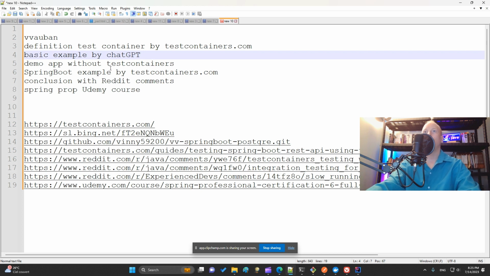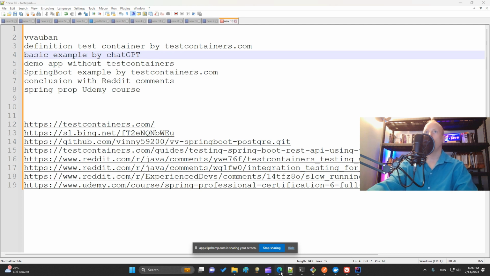We will check how it is, and then modify this application with an example from testcontainers.com with Spring Boot. In the end, once we have checked that our Spring Boot application runs on containers for the integration test, we'll conclude with Reddit comments.